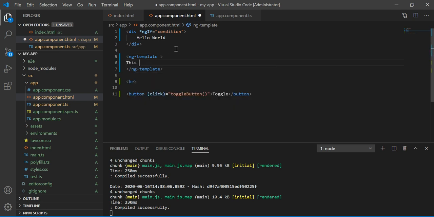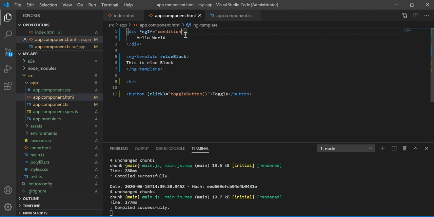If the condition is not true, then I want to display something else, right? This is the else block. So we'll define another block, that is the else block, and I'll give the ID, hashtag elseBlock. So this is the ID for this div basically, right?